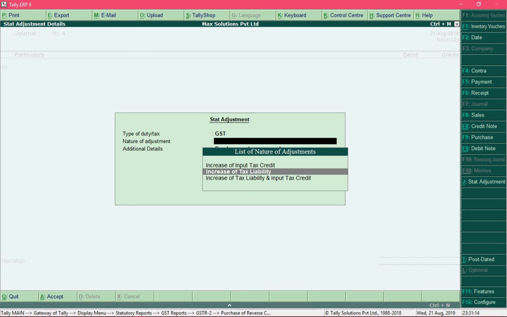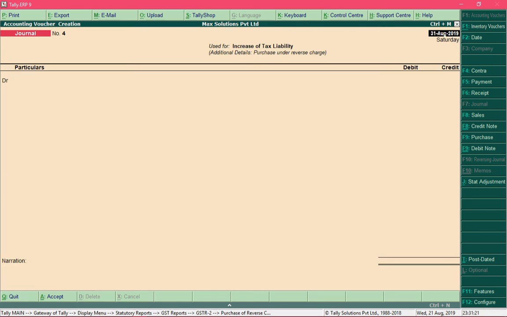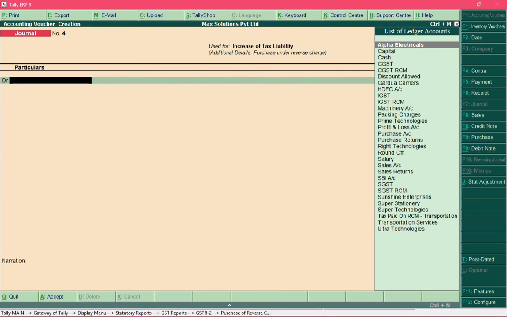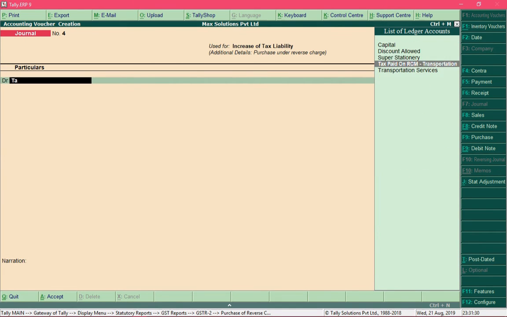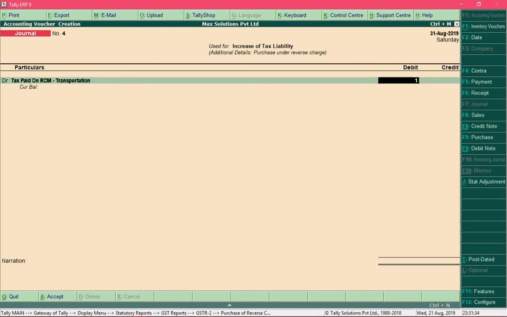So by default the option increase of tax liability was selected. I will keep the same and press the enter key, and let the date be 31st of August, which is the last date of the month, and debit the ledger tax paid on reverse charge mechanism for rupees 150.